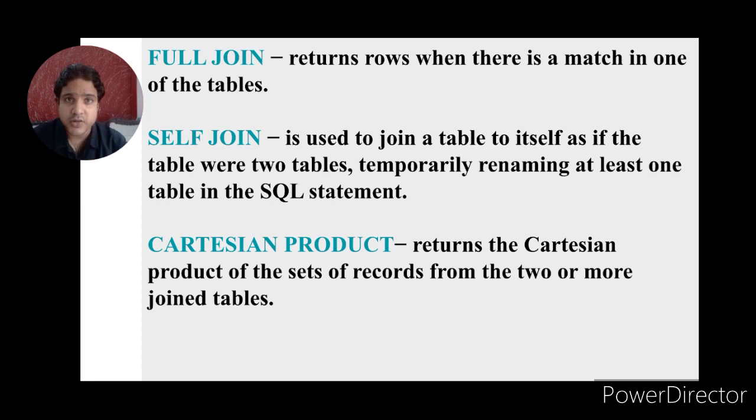Self join is a very important part of joins. In this case, we consider that one table is virtually divided into two or more tables, and the table is temporarily renamed. Suppose there are two tables with the same attributes. The first table is named A, the second table is named B. So how can these two tables be combined, or joined?